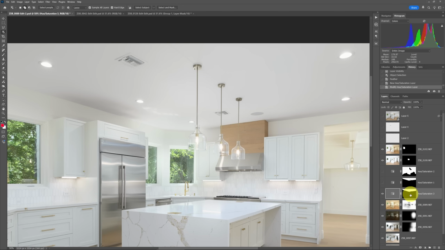And while we're on the mask for that hue saturation layer, we'll just draw something kind of around where that is. And you can see then that grabs that really well. And I'll just do that for these others just real quick. And once I have those, then I can just press the delete key and there we go, deselect, and that's